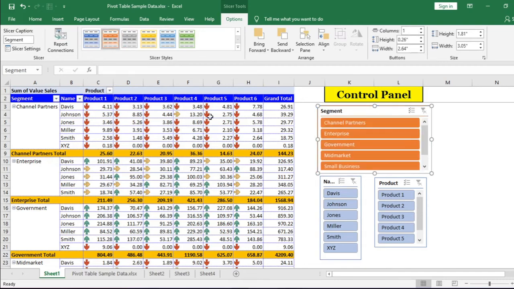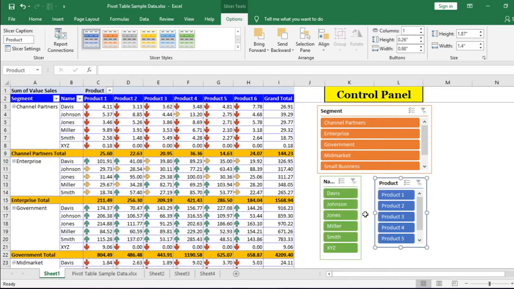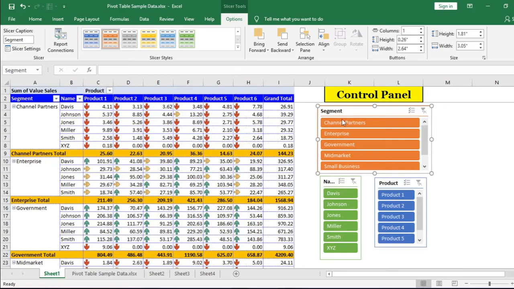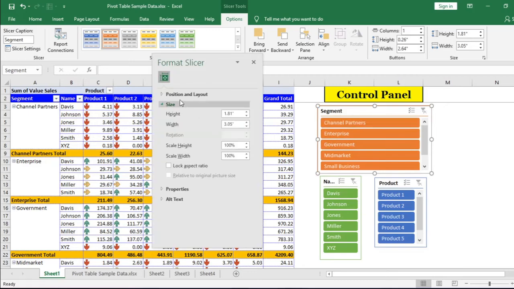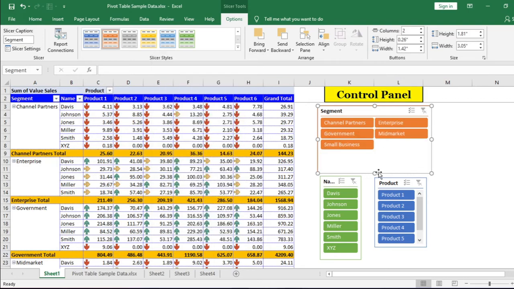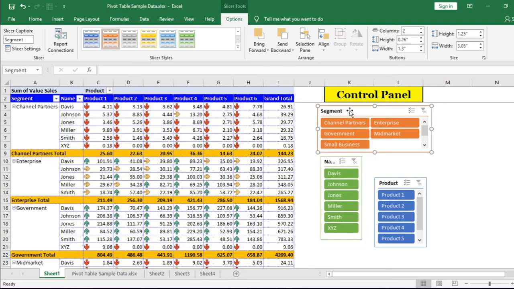If you need to show the slicer items in more than one column, you can do it through Format Slicer. Right click on the slicer and select the second last option, Size and Properties option. Format Slicer will open. From Position and Layout option, you can increase the number of columns. You can fix the position of the slicer and many more.